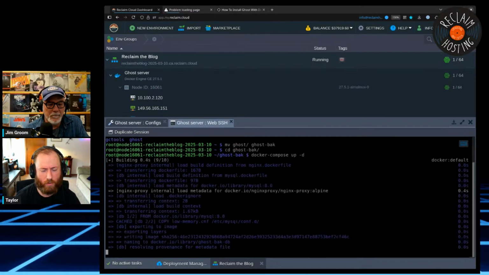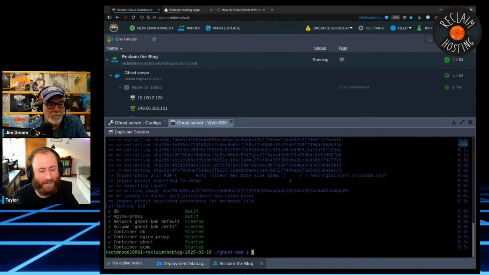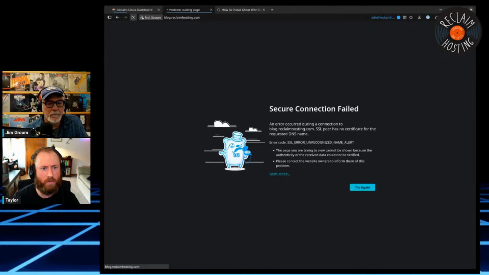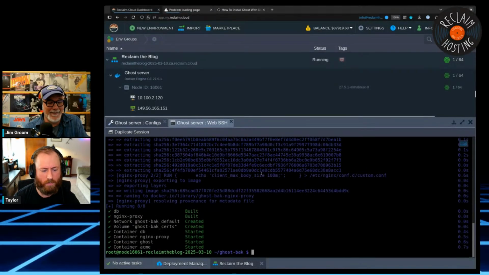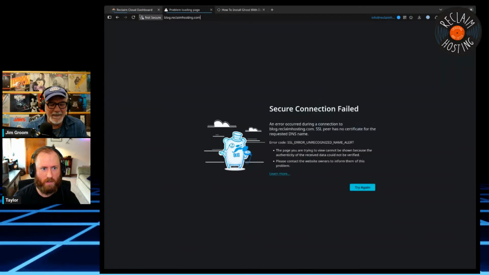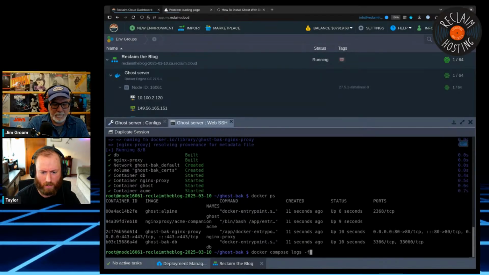It's just in a new folder, and Docker will really dislike it if I try to move the folder while it's running. So we're going to wait a second because it'll probably take a little bit to come back up. Something I learned with Ghost: Ghost takes a little bit. You can get really frustrated and start upping and downing it. But yeah, you just got to be a little bit patient. I could look at the logs too to see if there's something going wrong.